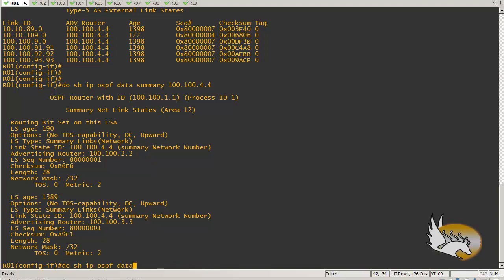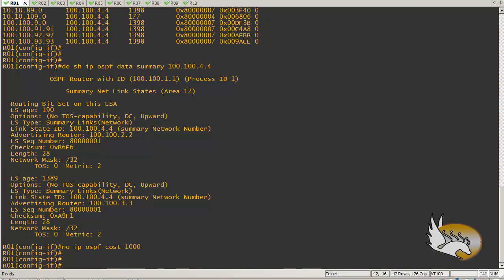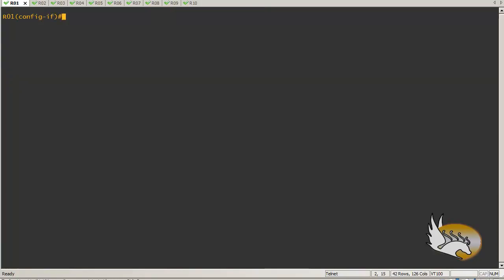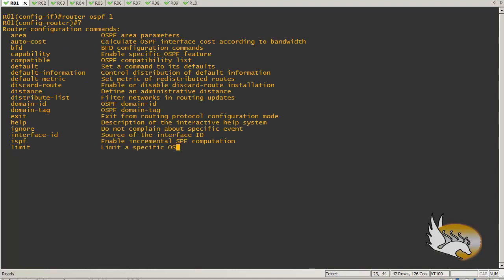Nice. I want to remove this. I don't want to have this high cost here. What I'm going to do here, I want to show something that affects the whole OSPF process. I can go to the OSPF process here, and here I have a command that is